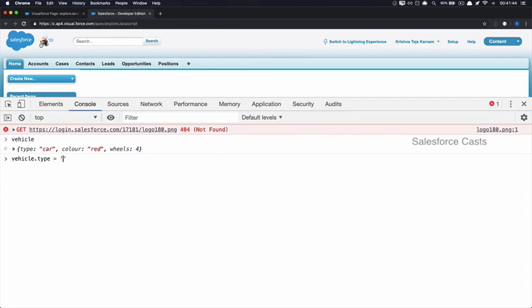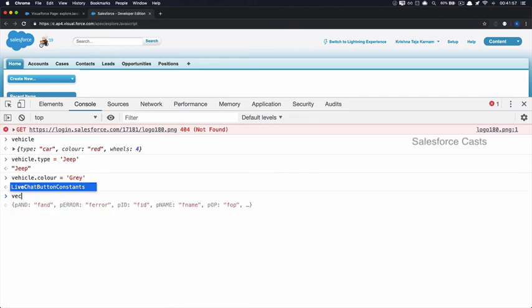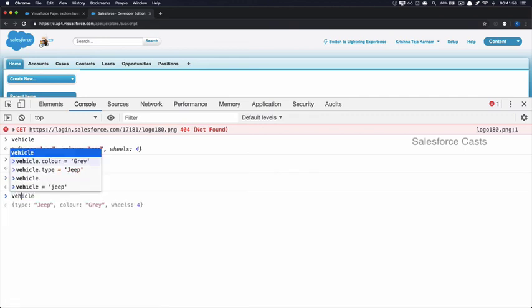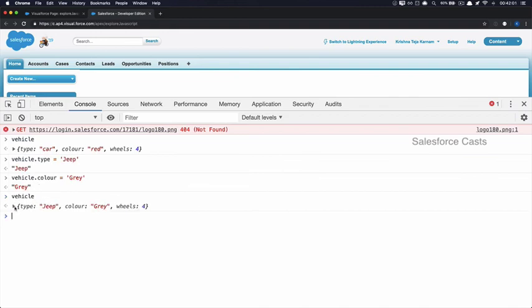I can change this to Jeep, and vehicle.color can be gray. And if I try to get the value of the object vehicle, it is going to be Jeep, gray, and 4.